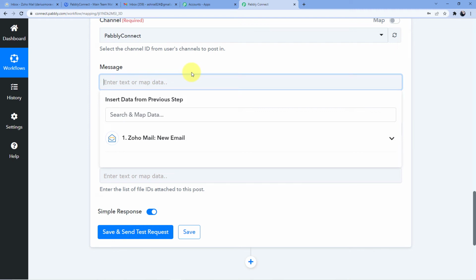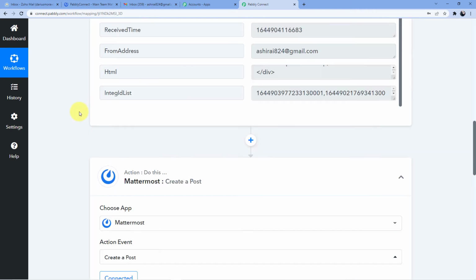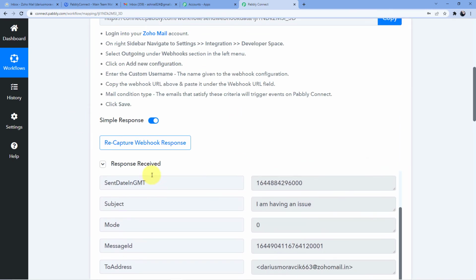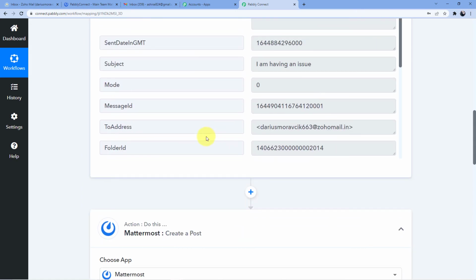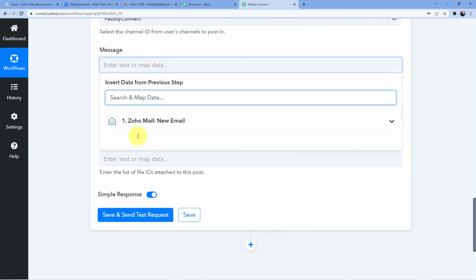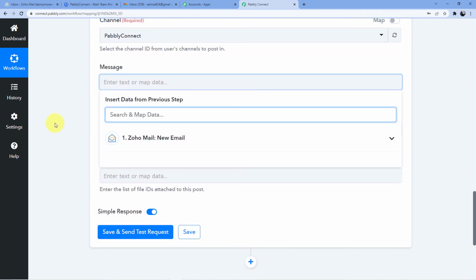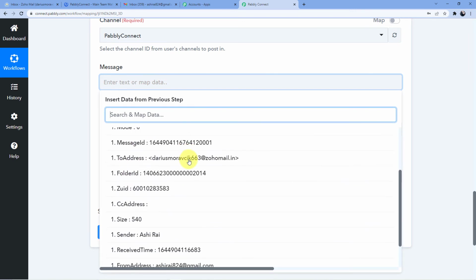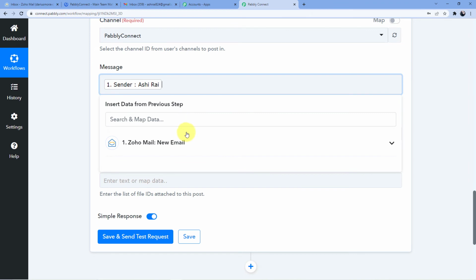Now what I'm going to do is I'm going to use a technique which is called mapping. And mapping will let you copy the details from this window and it will let you map the details here without copying or pasting anything manually or without typing anything manually. So what we are going to do here, I'm going to put my name Ashi Rai, and here the message is